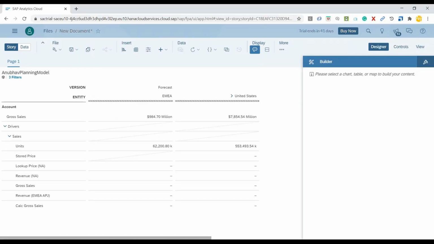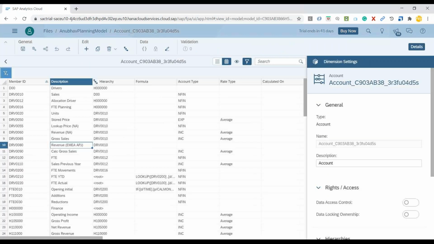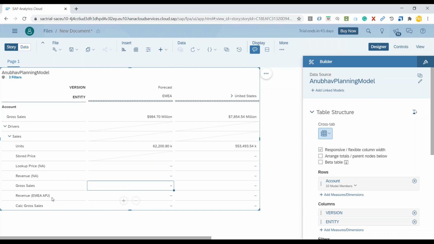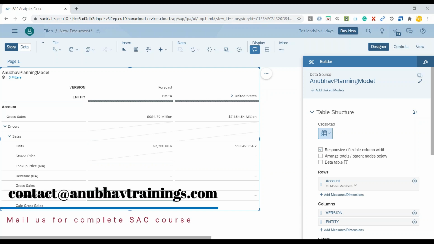I've already got a planning data model, and using it, I have already created a report. As you can see in my system, I have data for calculated gross revenue for the EMEA region with the unit and stored price. Now, when I come back to the report which I've created, I can see I have not yet calculated the gross sales amount or gross revenue for the EMEA and APJ region.